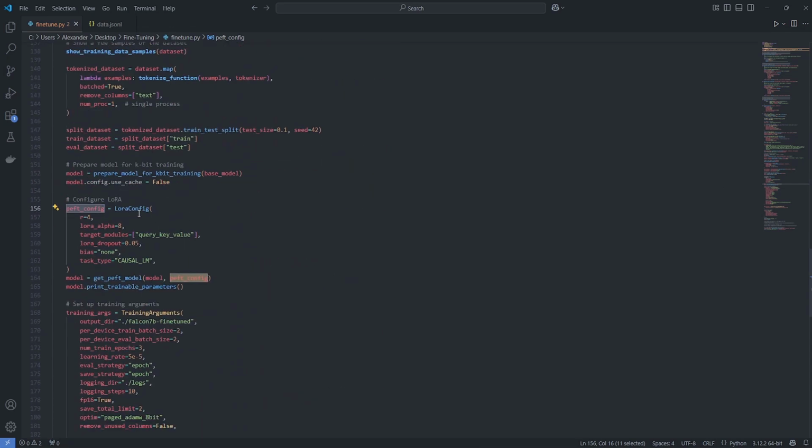What LoRA does is essentially it adds a set of trainable parameters to the original model. So instead of adding new trainable layers to the model, like is the case with adaptive layers and other types of parameter efficient fine-tuning, or instead of modifying the original prompt, which is another technique sometimes used in parameter